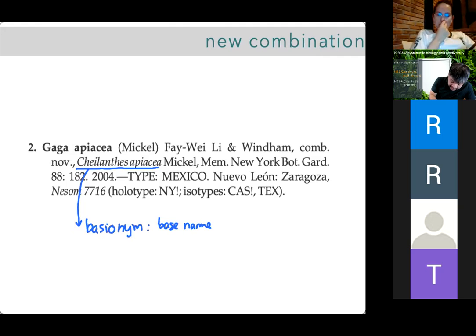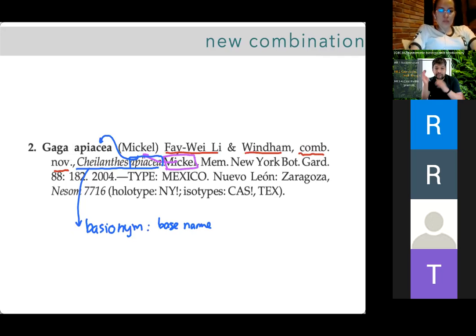So the basionym is published by Mikkel. So Mikkel gets moved into parentheses here, right? Because we transferred the Epicea to Gaga directly. And who did that? Fairville and Windham made this combination nova. So he combined Epicea from Calentus with Gaga. And Mikkel